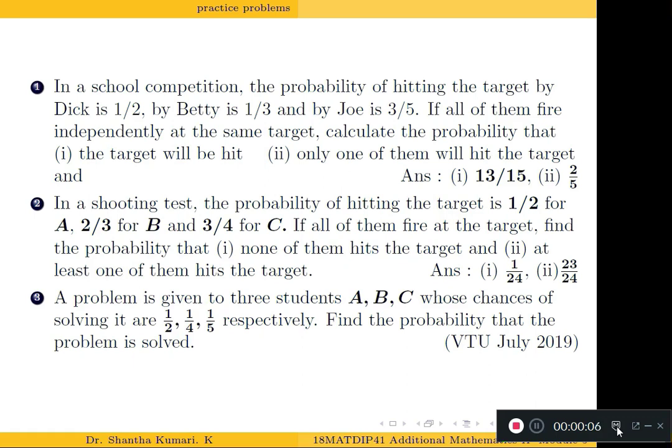So I will stop here. In the next video, we will work out the problems under Bayes theorem. Very important rule, Bayes rule. That is the last topic in your module 5, Bayes theorem. And very easy to understand. Just concentrate and try to understand one question. You can answer all the remaining questions. So I will continue in the next video. Thank you.